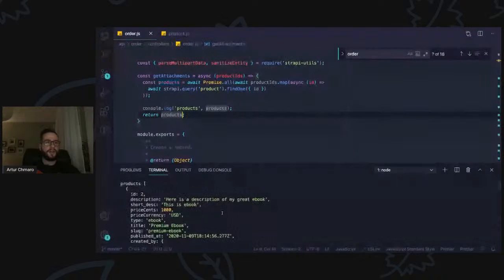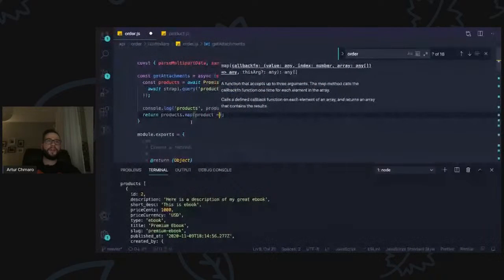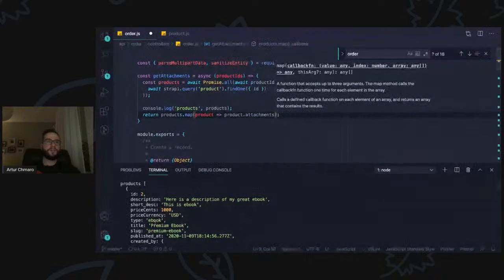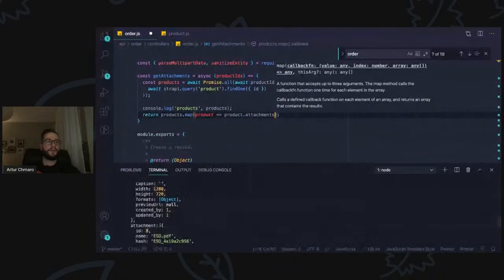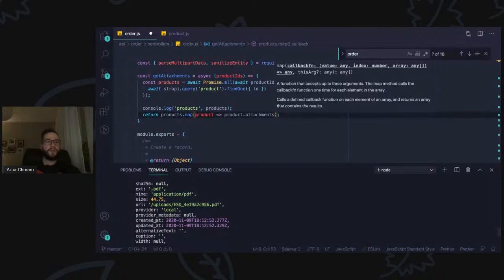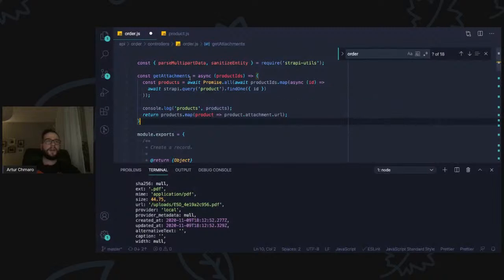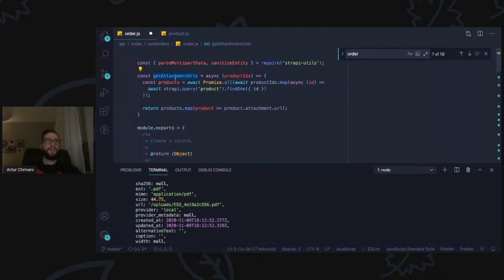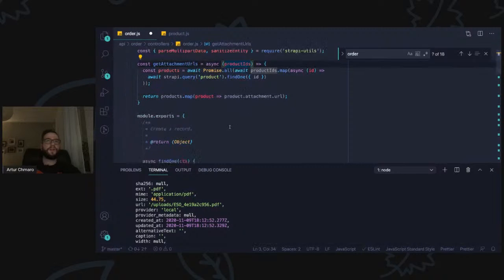I will just iterate over these products. So it will be, again, map, and it will be product, and we want to return product attachment, right? It's attachment, and we want to return URL. So get attachments URLs, that would be the name of our function. We don't need this console log anymore. And here we have this function, and we can call it